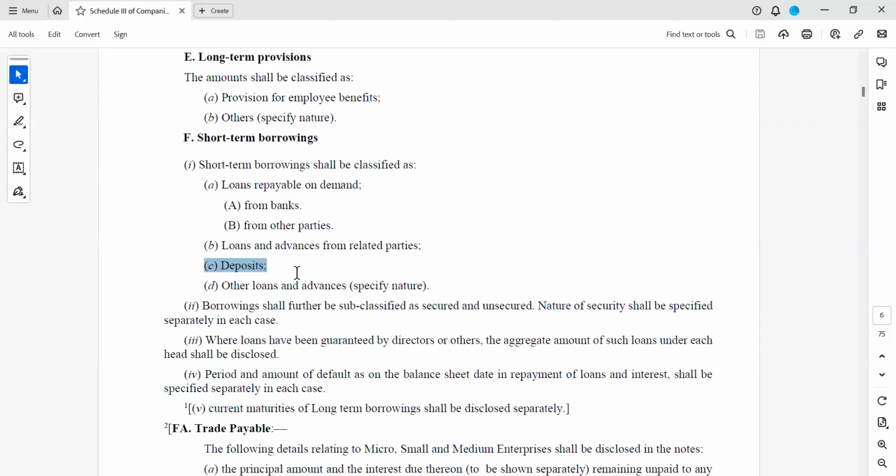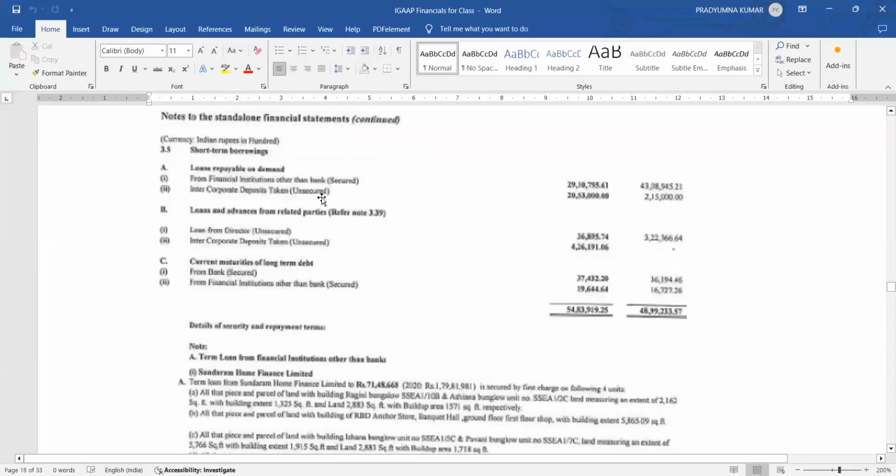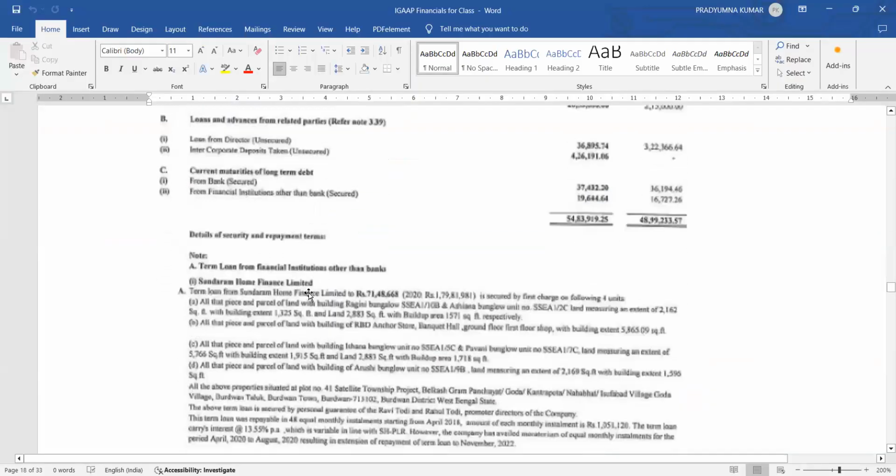Here, if you read below, borrowings shall be further sub-classified as secured and unsecured. See, they have given it in italics too. Borrowings shall further be classified as secured and unsecured. That is what they have done here. In brackets, they have mentioned secured, unsecured, whatever it is. Then nature of security shall be specified separately in each case. You see here, details below, they have given